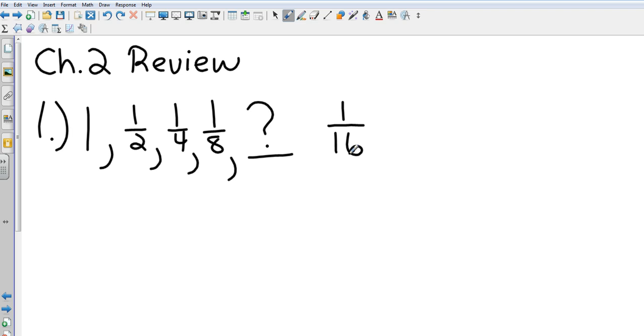Max, you got another one? Did you put 1/16 up there after? Is that still part of the question? No, 1/16 is the answer. That would be the next term. But if you didn't know that, couldn't it be